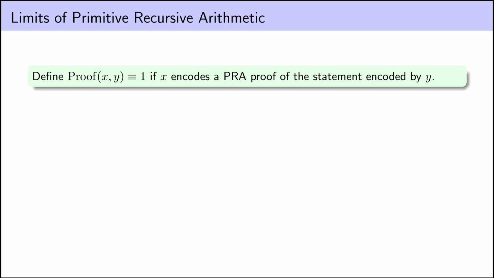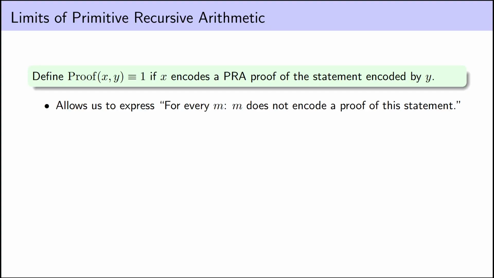Goodstein provides an explicit construction of a primitive recursive function to determine if a number x encodes a valid proof in primitive recursive arithmetic. That's one of the joys of formal systems of proof. One can write a computer program to check if a proof is correct. And since such a program runs in a reasonable amount of time, the function that it calculates must be primitive recursive. But this is also one of the perils of formal systems of proof,